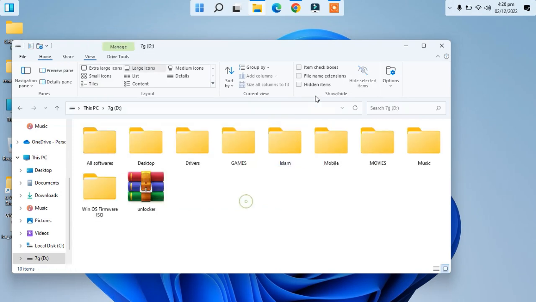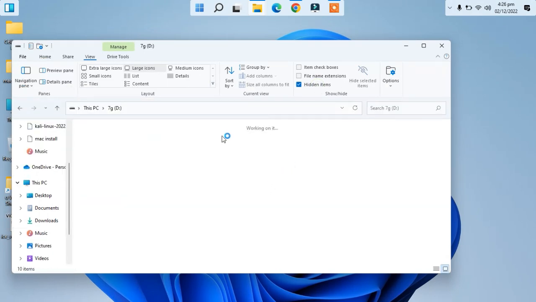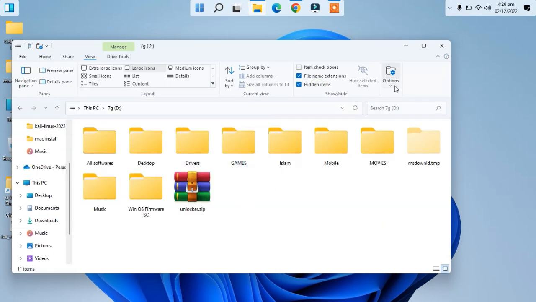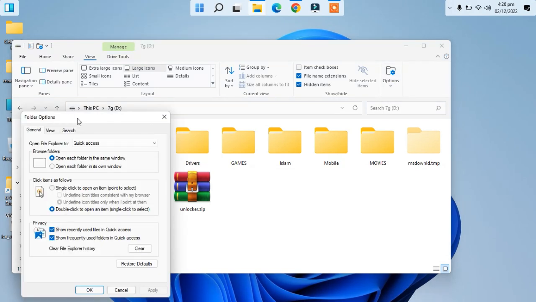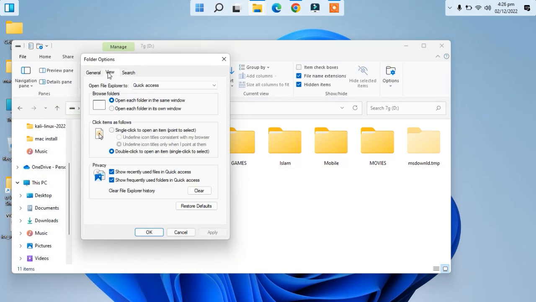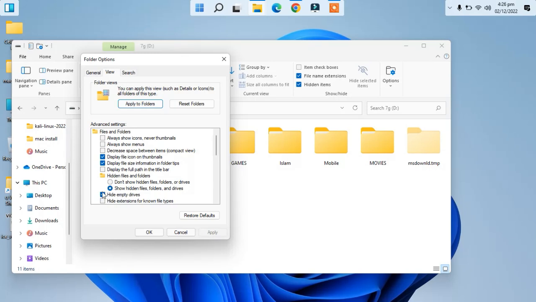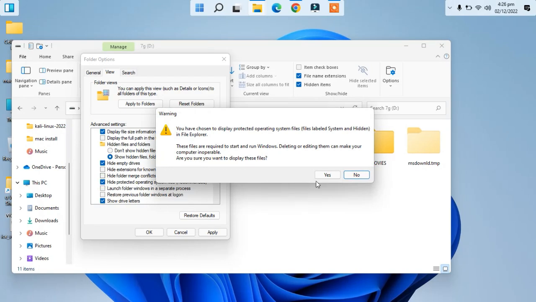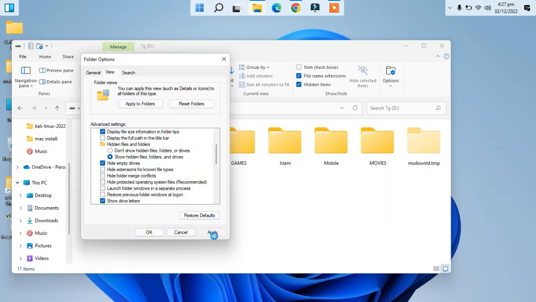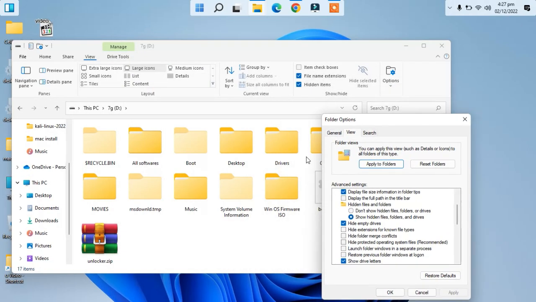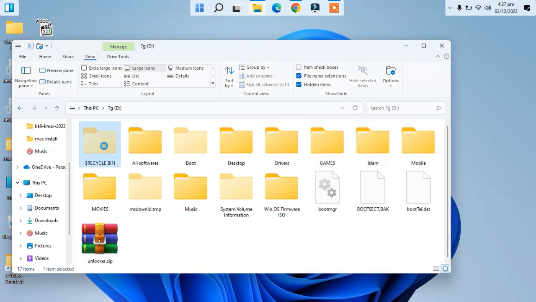Just try to access the drive that's causing the error. Then go to Options and enable it. From there, choose View, and then go down and disable these hidden things, like this drive and other things. Apply and OK, then close this window and try to delete this recycle